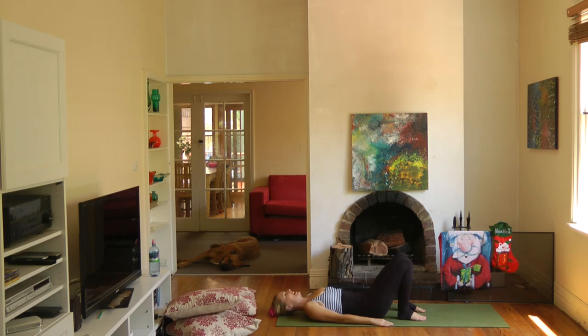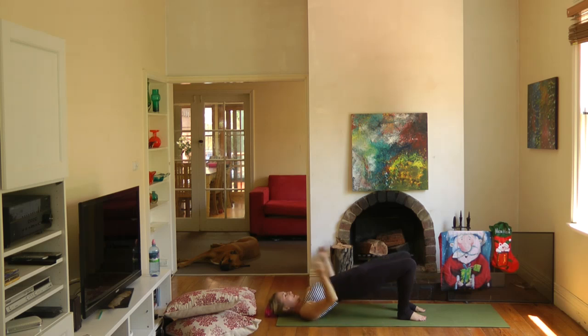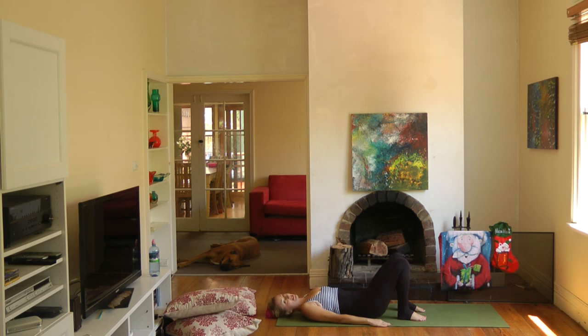I want you to inhale and just peel your tailbone off the mat and gently roll all the way up your back. So the shoulders, the back of your neck, the back of your head are on the mat. And then exhale and gently, vertebrae by vertebrae, bring it back down. And again, inhaling to raise, exhaling to lower. Inhaling to raise,